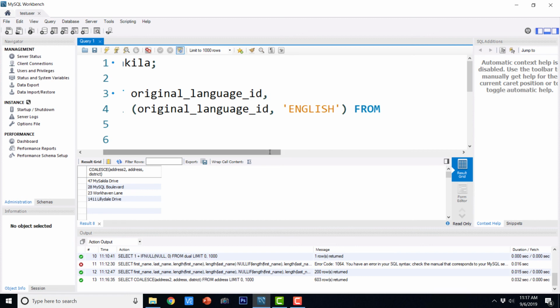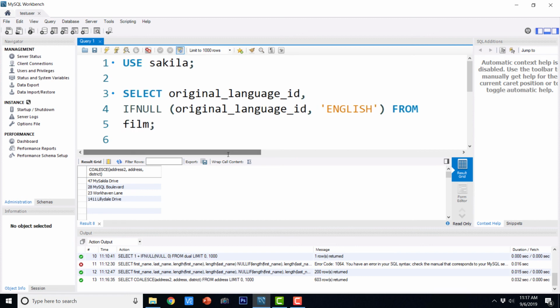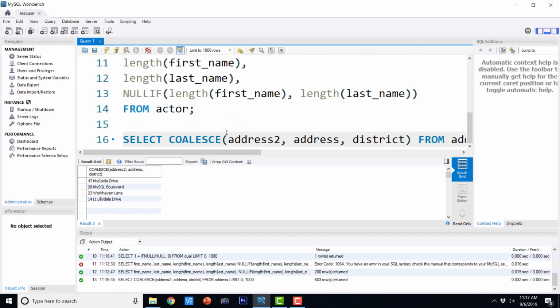All these functions are collectively known as null handling functions in MySQL. The first function that we saw was ifnull, and it works similar to NVL in Oracle SQL. Then we have seen the nullif function, and finally we saw